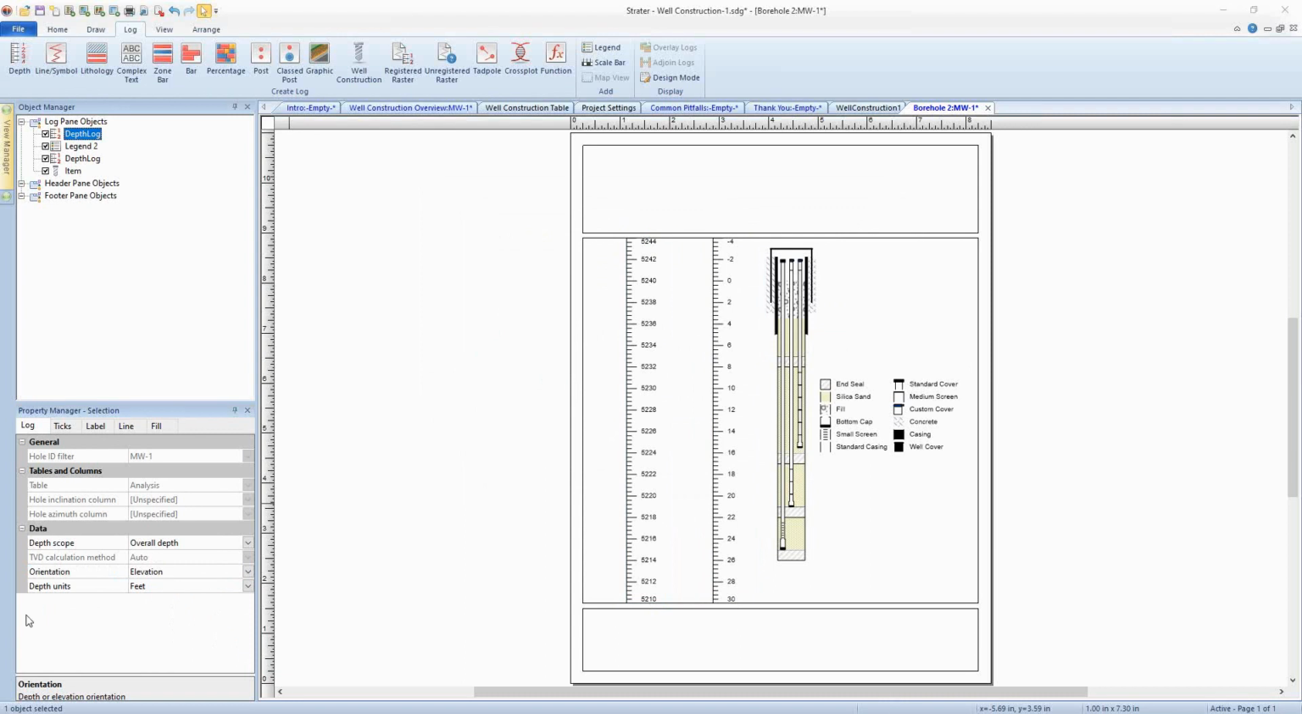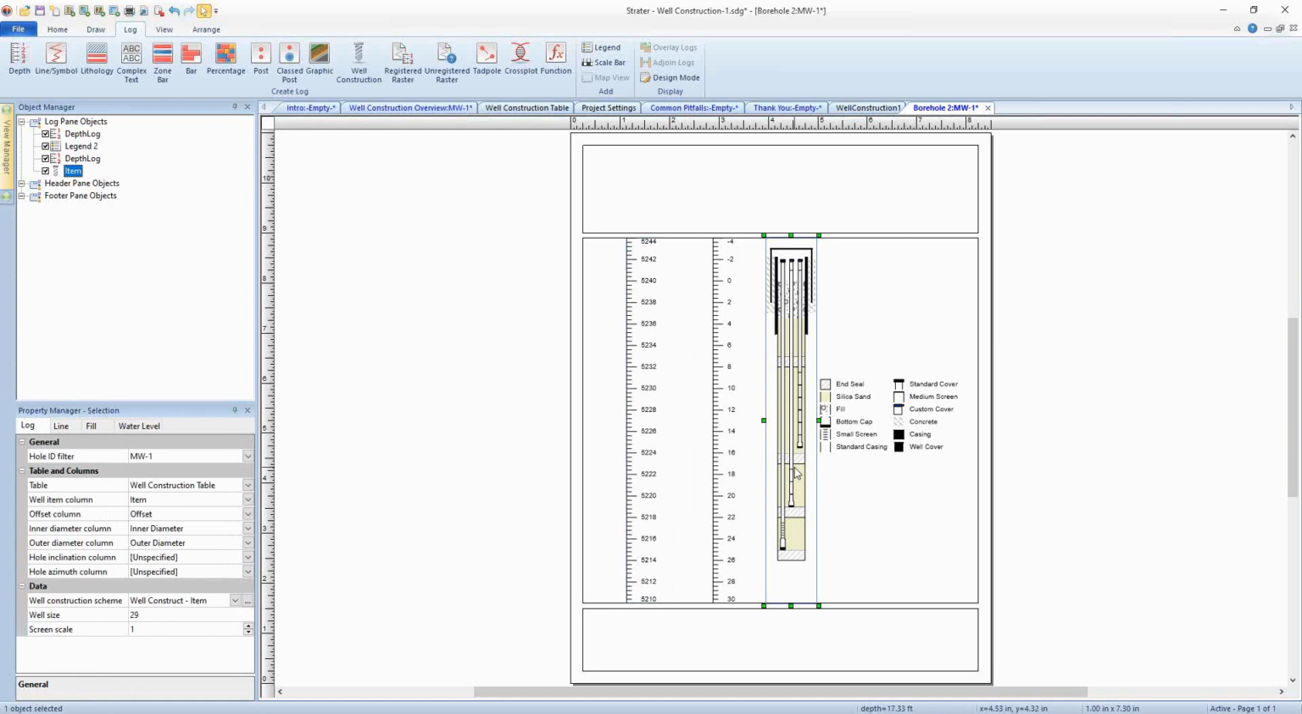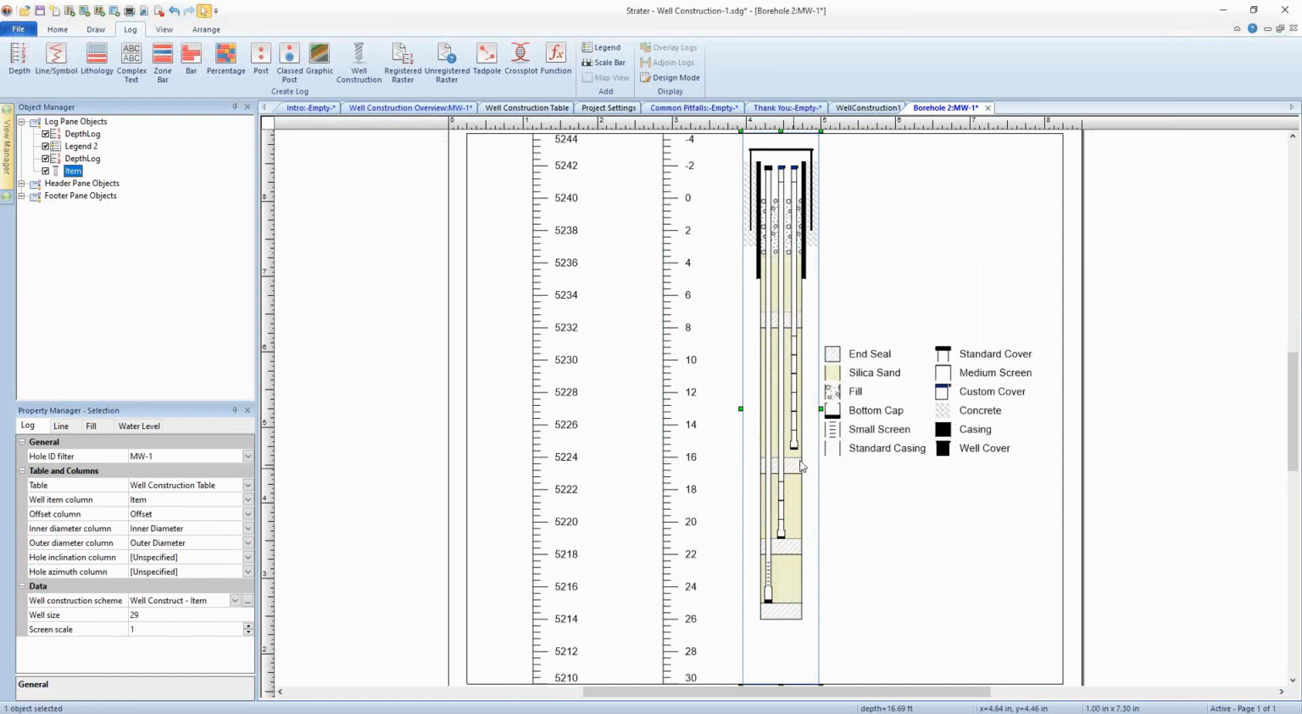Okay, and then another question. What does the screen scale setting do? Okay, so that is if we select our construction log here, we're talking about the screen scale down at the bottom. And that's a great question. The screen scale setting is specifically for screen items. It controls the scaling, offset, and size of the pattern. The screen scale varies between 0.1 and 2 inches, or for those who work in centimeters, that's